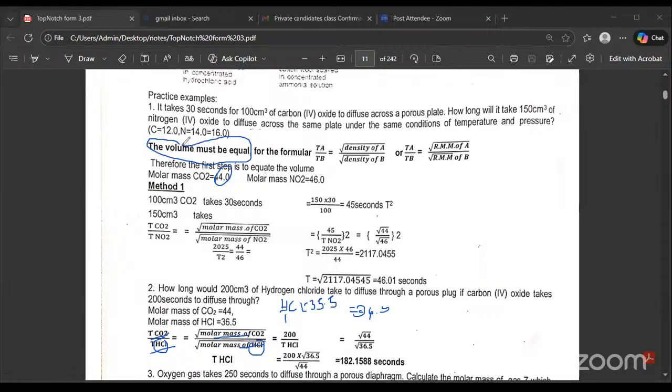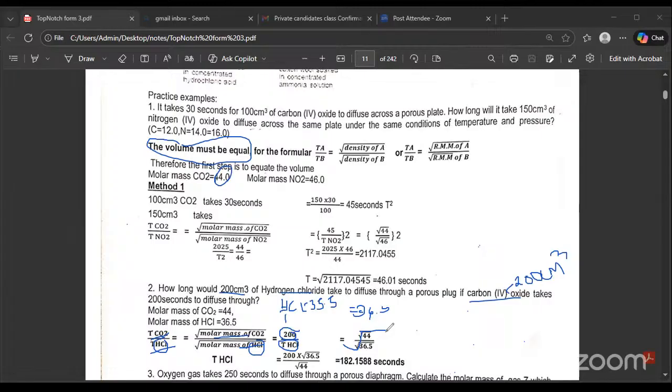So you can change the volume, but for this one, they have said it is 200 millilitres of HCl, and then we have carbon dioxide, again it is 200 centimeters cube. So it makes the work easier if they say it takes that amount at the same time. So that is now you replace. So the time for HCl is 200, which is here, over the time of HCl, which is equal to, now I have said when you see this, it can cut